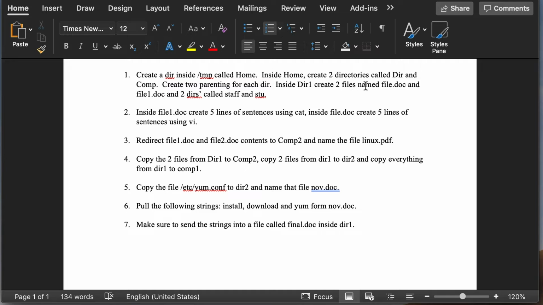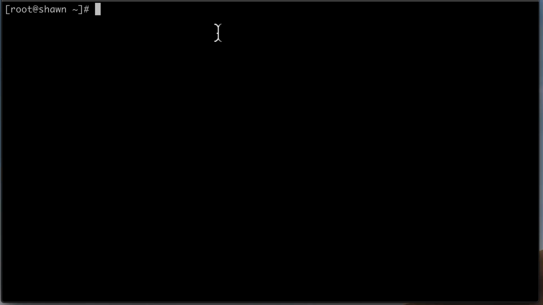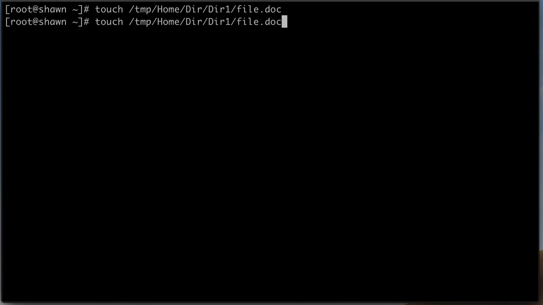And the last step was to, inside dir1, create two files named file.doc and file1.doc, and two directories called staff and stu. Again, we can move into the directory and create the files, or we can create them from where we're standing. So create file.doc in dir1, file.doc, and do it again, file1.doc. And then we had to create two directories inside of the same directory,